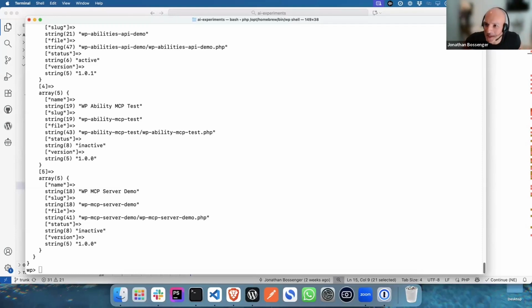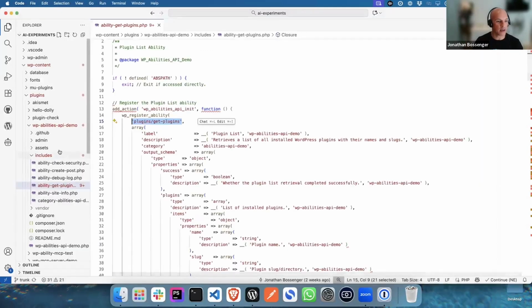Okay, there's a couple of questions in there, so let's deal with the first one. Do you need to connect to an LLM to use the Abilities API? The answer to that is no. I am not connected to any LLMs over here when I'm running this functionality here in the shell. I can also, and let's do that now quickly,